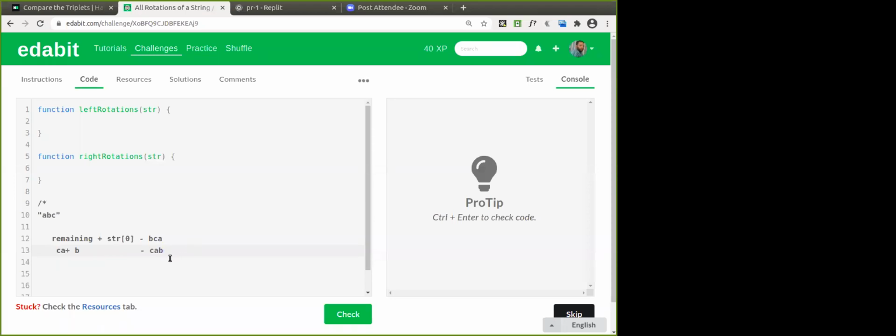Is that okay? Now when we move this one again, C will be moved and you'll be getting ABC again, the same thing. So in the next iteration, you have AB and the character at the beginning is C. So you'll be getting ABC. That is the original string. Is that okay, everyone? Any other logic?